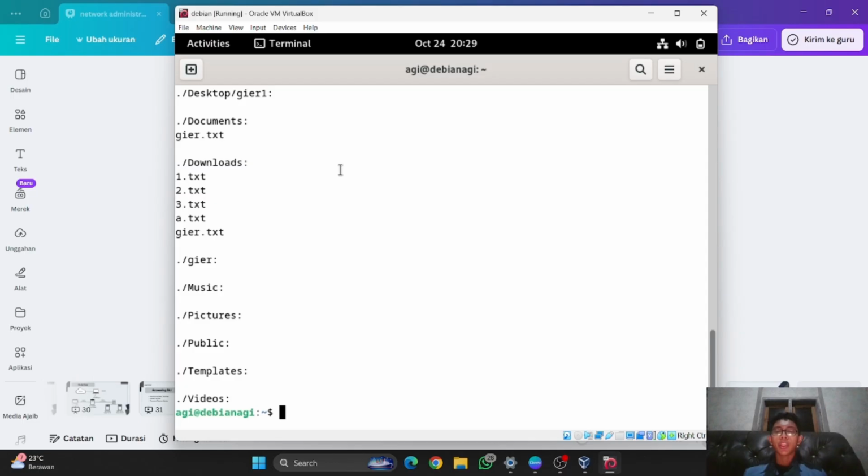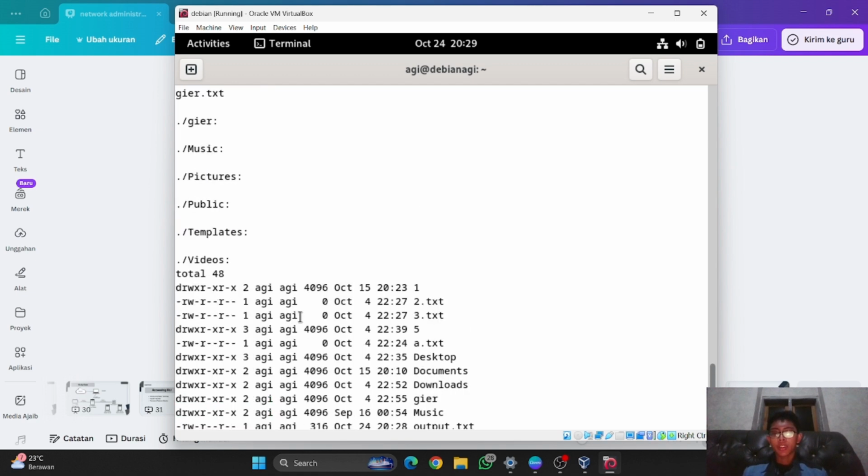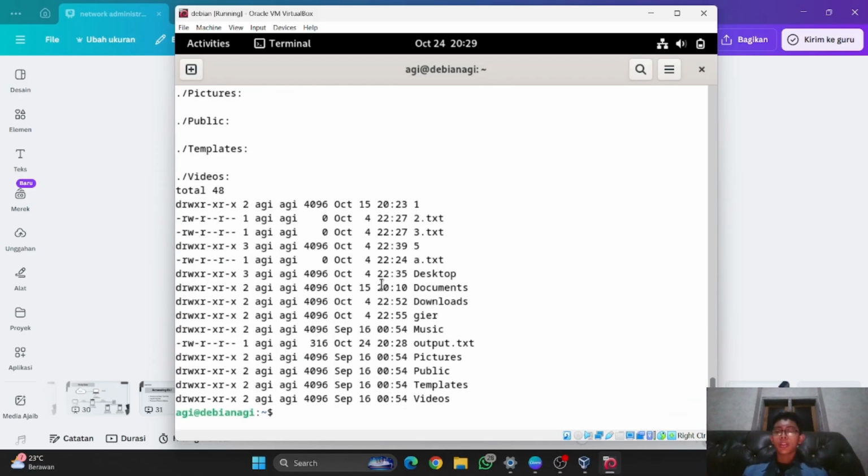So if you only want to add new information without deleting or replacing the information before, you can use ls, and for example -l, then the double redirect sign and output.txt, and then enter. If I check in here, as you can see, the new information is not replacing but gets added into this file.